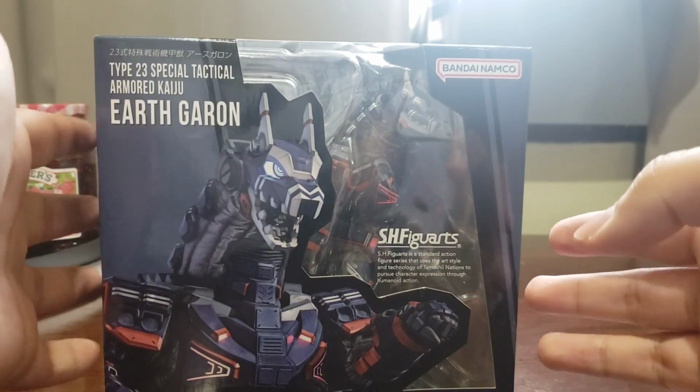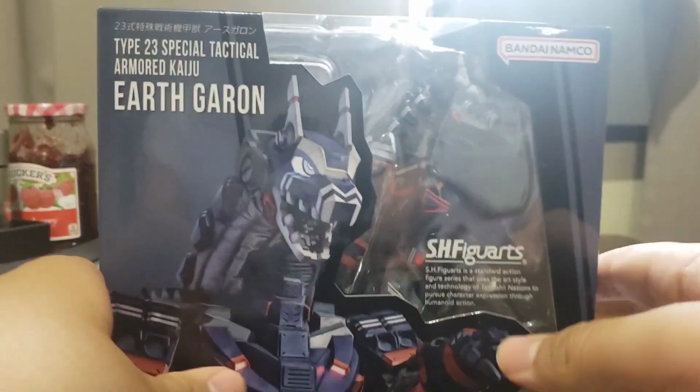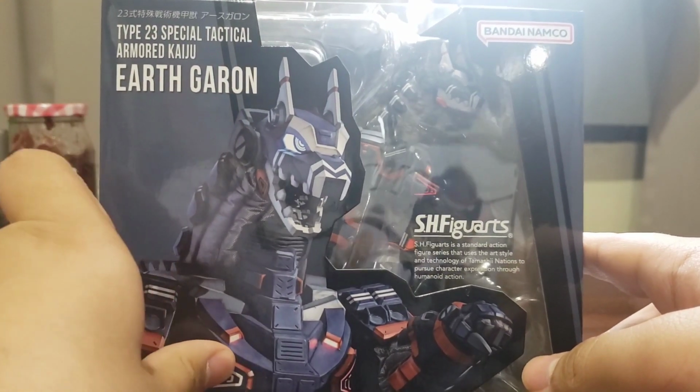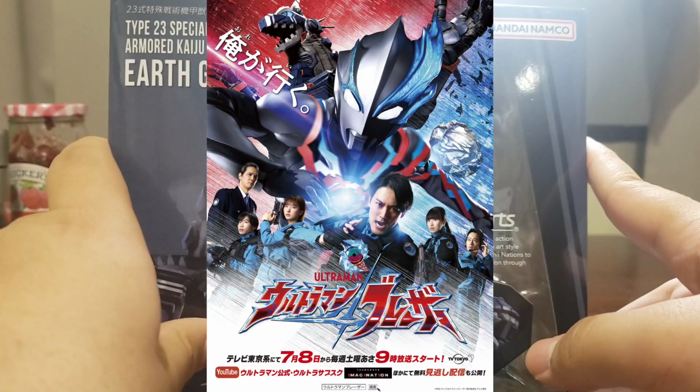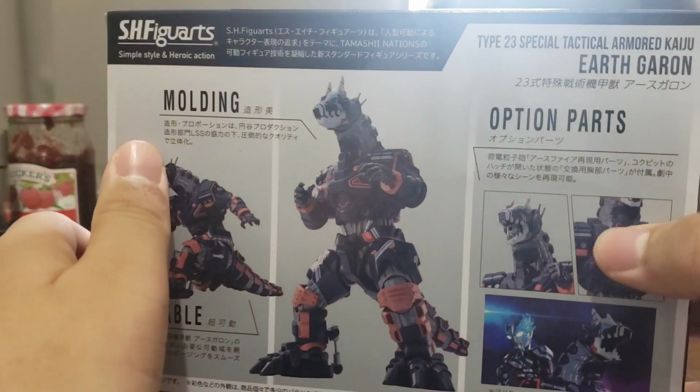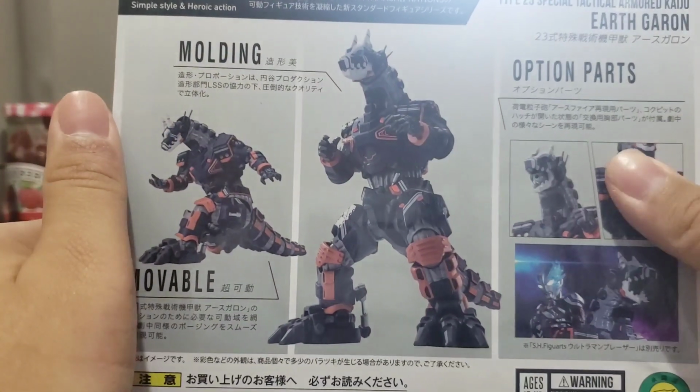This is the action figure S.H.Figuarts Earth Garon. It is from the show Ultraman Blazar, and the show looks cool. It looks awesome. I kind of gave it a try, just like 1 minute, to be honest,